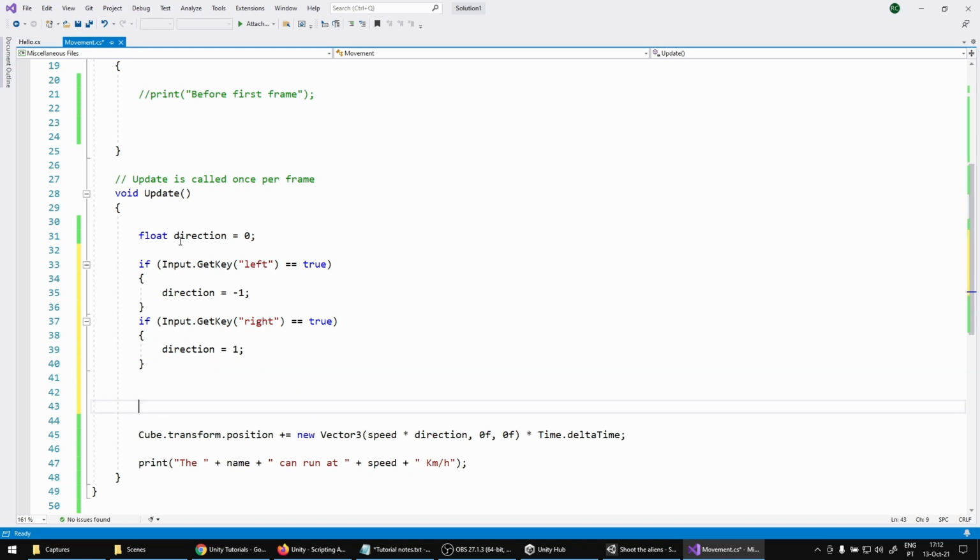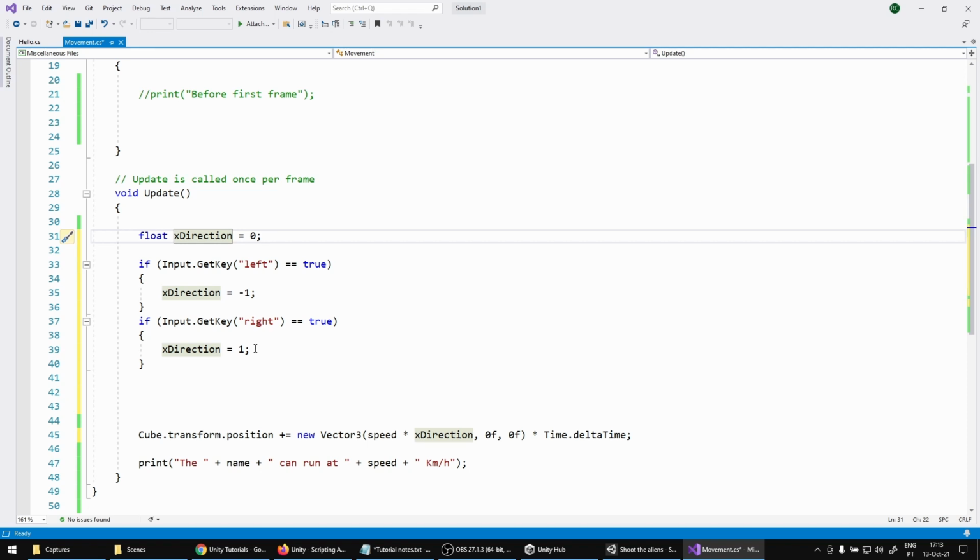Okay. We can change the name here. Let's use X direction. X direction, X direction, X direction. If you click on a variable, you see it selects all the names that are supposed to be the same variable. So if you click here and anything else gets gray, it's because you have a typo. Oh, you are missing one letter here. Now this is a variable that is declared, it appears like this. Okay,